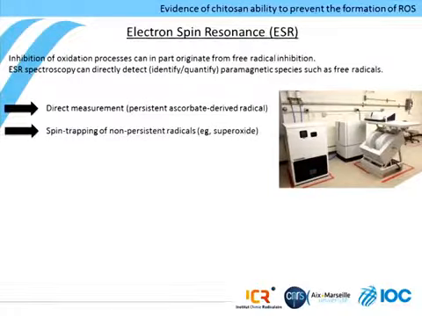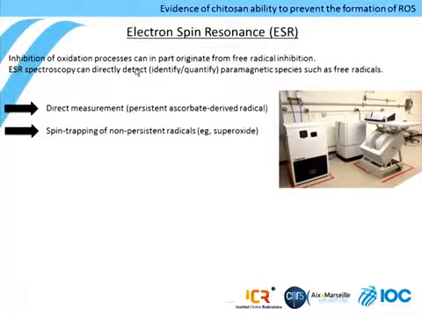I have told you about reactions. Probably I was too fast, but I would like to go back to what we said about oxidation processes and the direct action of chitosan on solution metals, which produce or can produce radicals. Let's now focus on this radical production, and let's try and understand whether chitosan, by quenching these metals, also quenches or inhibits the formation of these radicals in the solution.